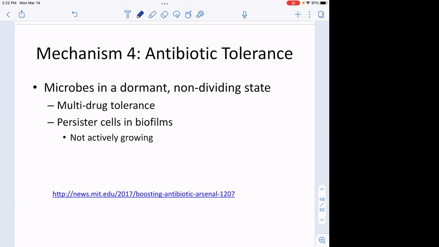But we know sometimes when they're forming a biofilm, they act a little bit differently, just persisting, not really reproducing very much. They're really difficult to kill when they're like that. And I came upon a really interesting article a few years ago. Some researchers at MIT were trying to figure out how to jumpstart bacteria to get them out of this persister state so they'd be more